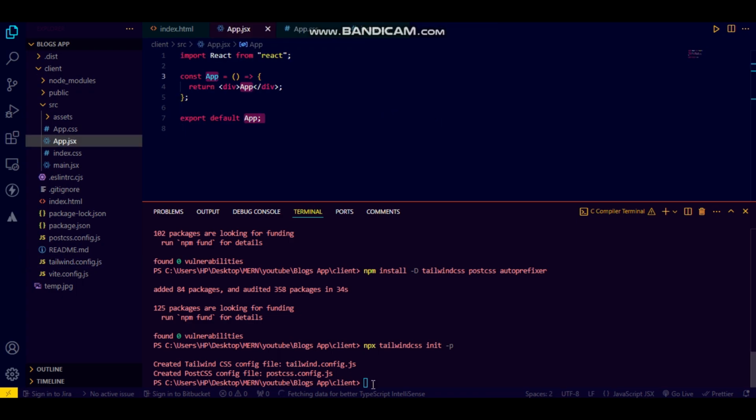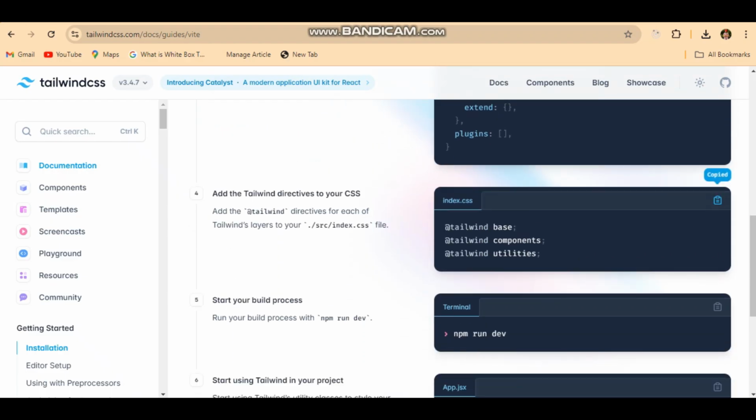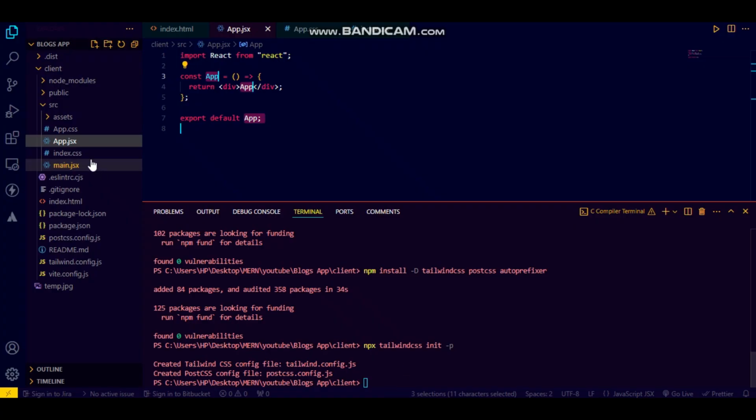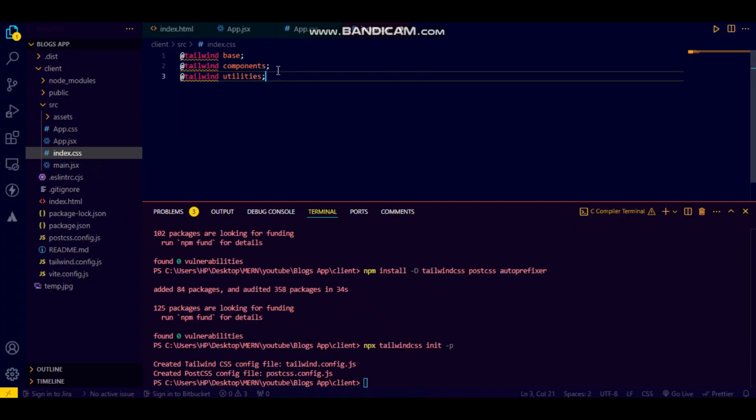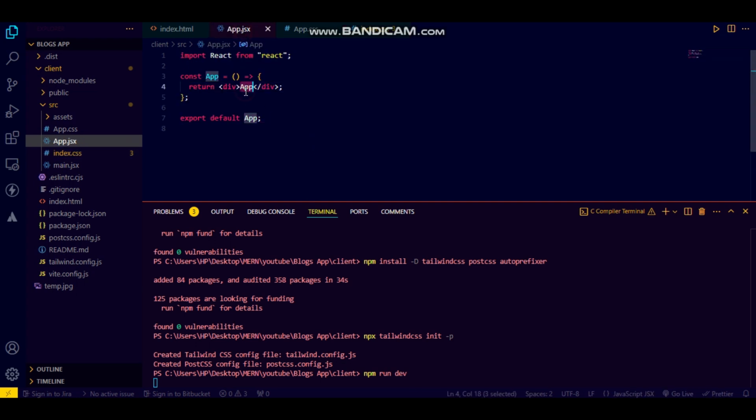Okay, so that's done. Afterwards, what do we need to do? Yeah, copy this thing into index.css. Index.css, here it is, paste it there. Now we are ready to go, npm run dev, and for that particular time,